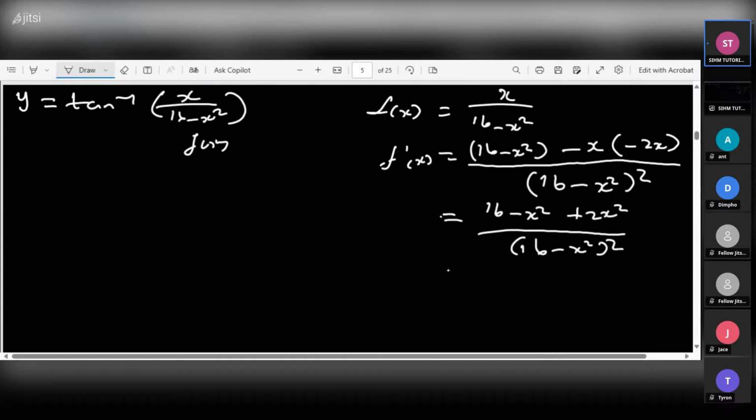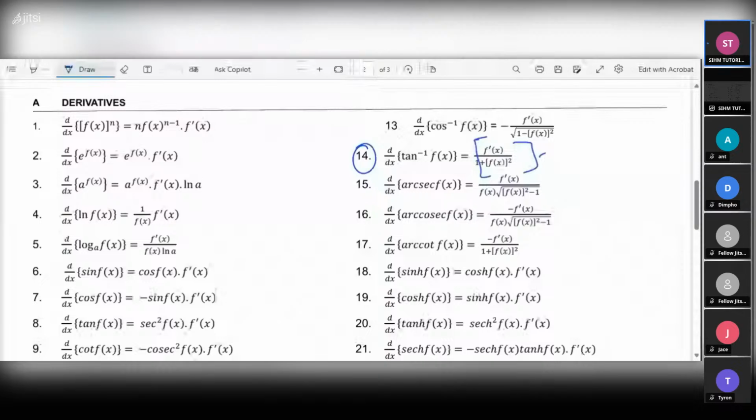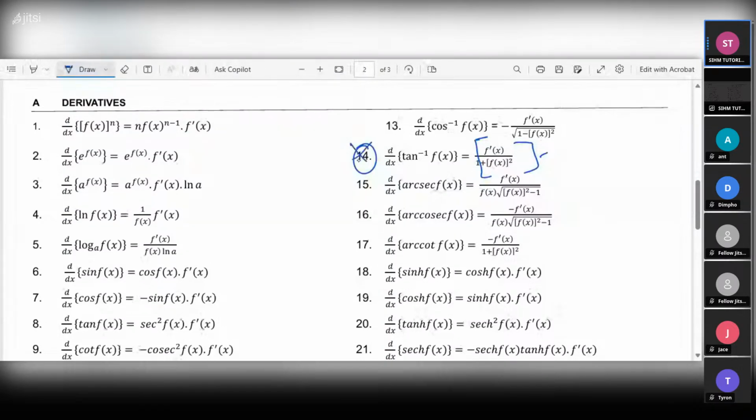So this is going to be written as (16 plus x squared) divided by (16 minus x squared), and then all squared in that manner. So now you need to go back to the formula sheet. Remember, you're going to take this one here. I hope you also know it. So I'm going to say that